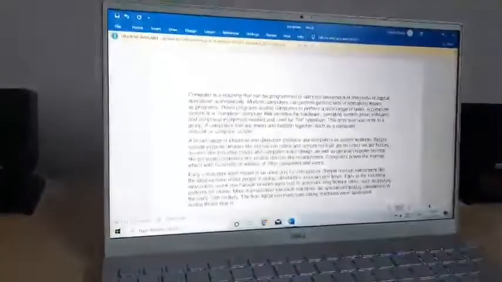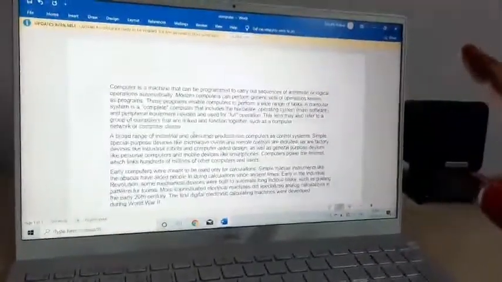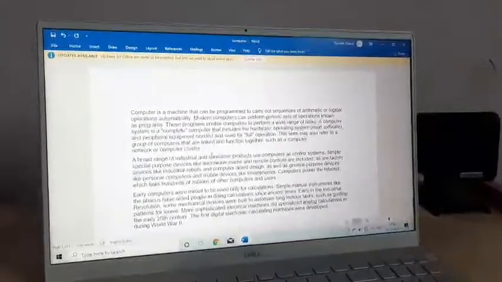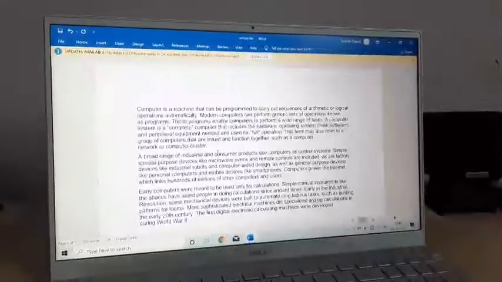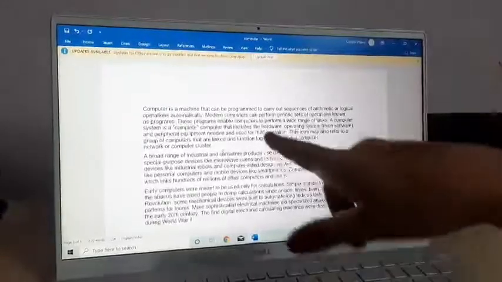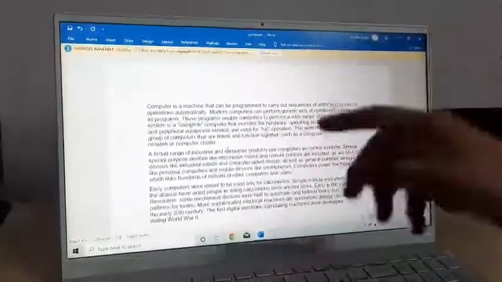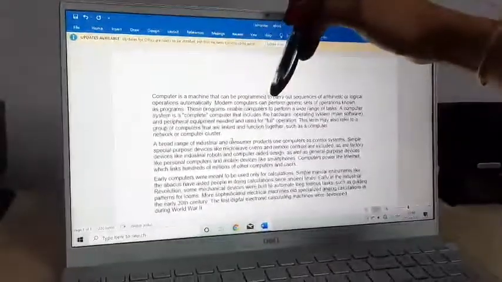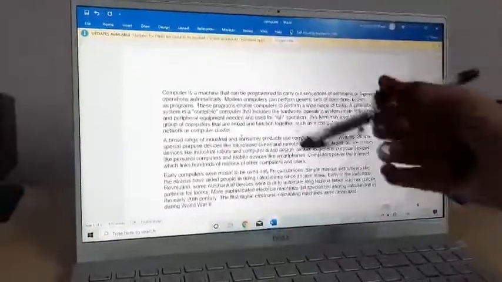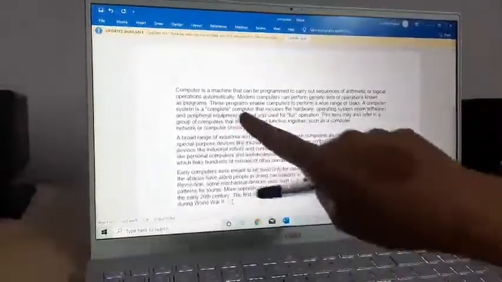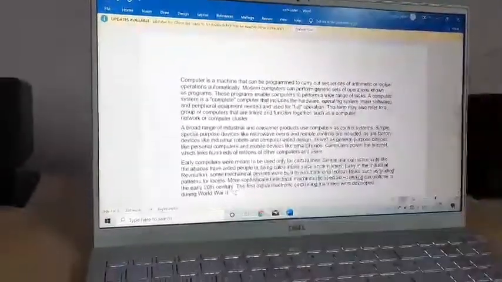Suppose now you can see on the computer screen, I have written one document. Suppose you also have written one document, but you forgot to write something in between. For example, I'm just taking an example, children. After program, you have to write instructions. Right now you have completed all the text. After completing the three paragraphs, your cursor is here.